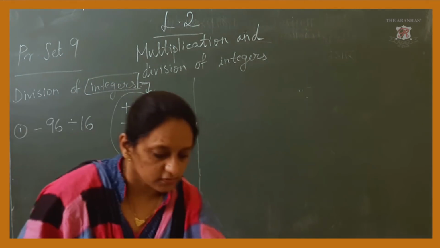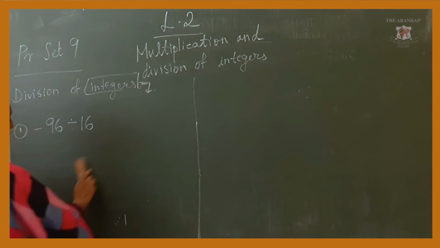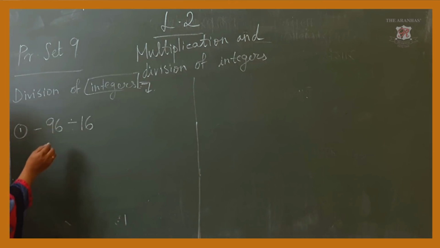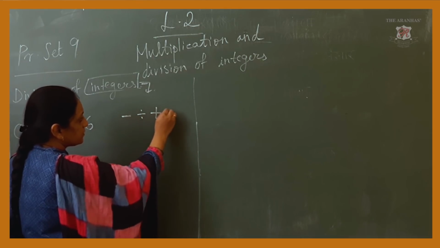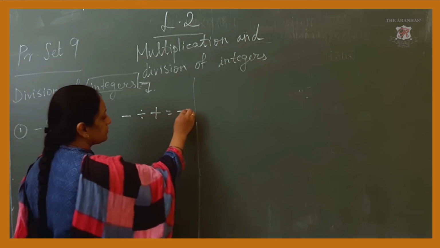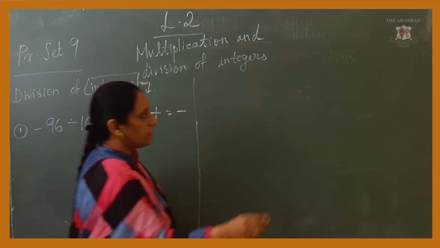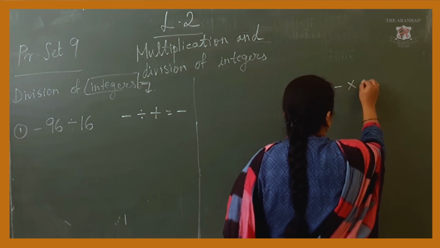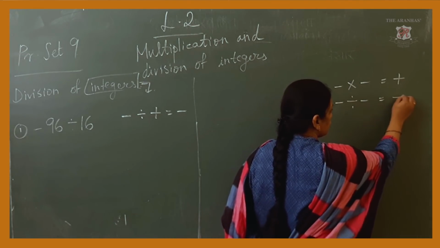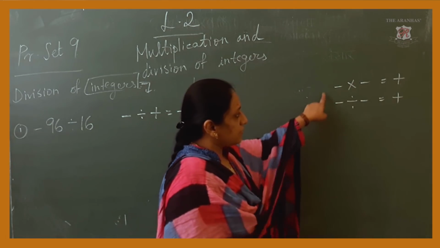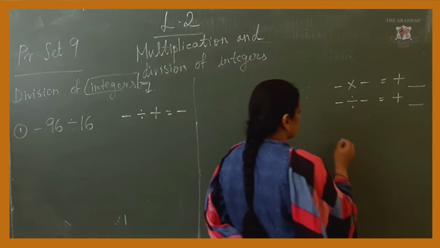So if you forget about the sign, students, we have seen in the last lecture, if one number is minus, a division sign is there between, and one number is plus, the sign for the answer comes as minus, because negative and positive. In the answer, the sign should be negative. I'll just give you a reminder. Minus multiplied by minus equals plus. Minus divided by minus also equals plus. That is, if the same signs are there in the question, the answer's sign will come plus, that is positive.